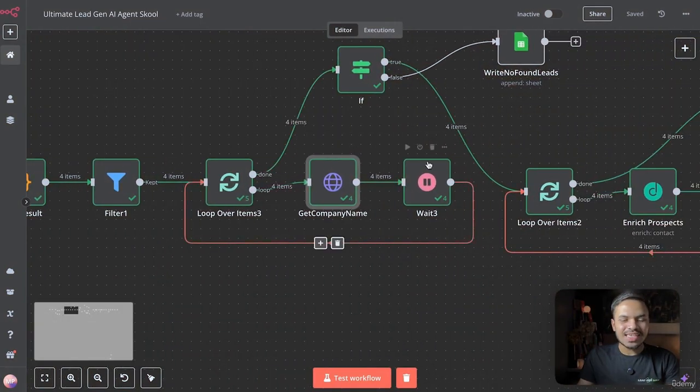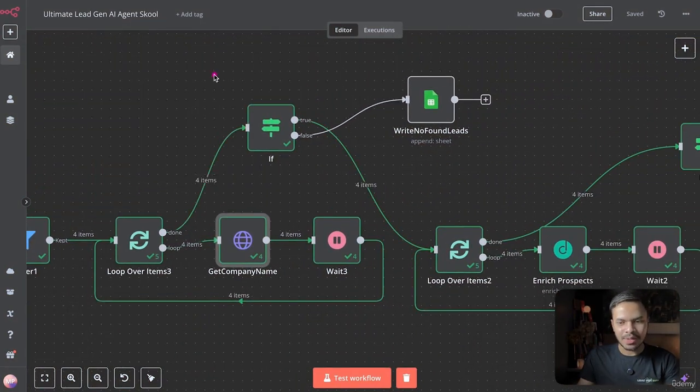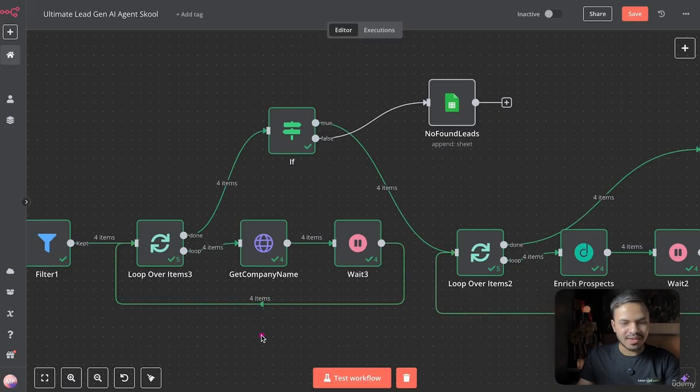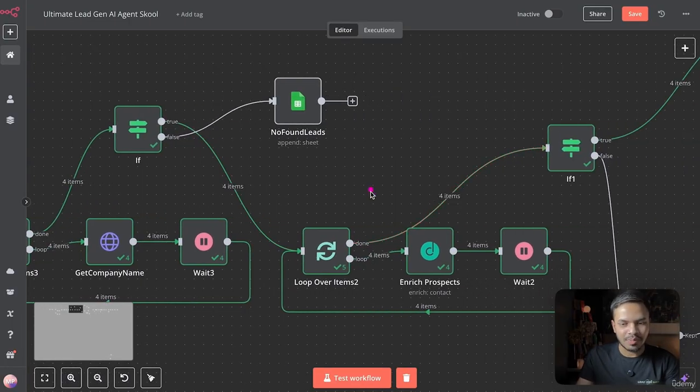After that, we are introducing an if condition, or an if statement. Why? Because we want to make sure that we only enrich those prospects that we are able to find the company name for. So if this condition is true, then it will execute the rest of the workflow. But if we are not able to find the company name, it will add them to this Google Sheet named no lead found. So it is like a waste or dustbin, we don't want to deal with this list. But if we are able to find the company name, we are going to enrich that prospect